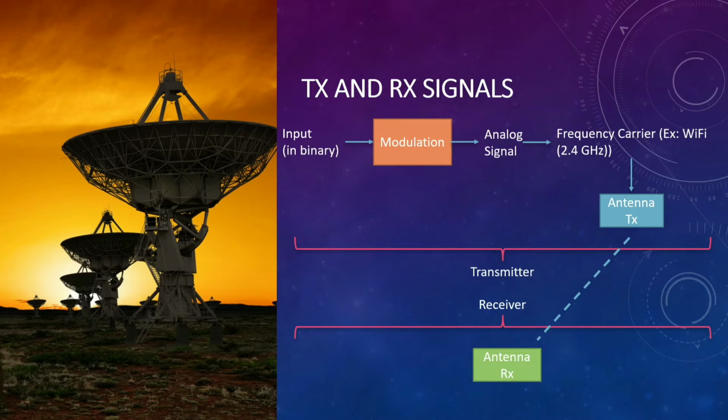Okay, first I will explain how the signal propagates in terms of the mathematical models. In a telecommunication system, there is a part called modulation. The modulation usually modulates the information, which is in binary form from the input. The output of the modulation is an analog signal, in complex number form. This analog signal is usually amplified or shifted to the carrier frequency. For example, we use Wi-Fi here. In this case, the analog signal will be shifted to 2.4 GHz and then the signal is transmitted to